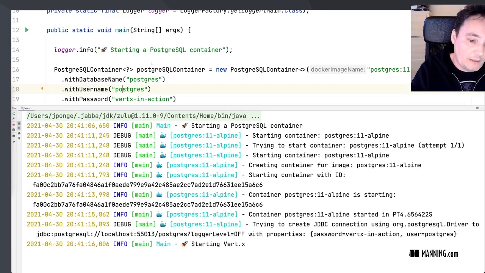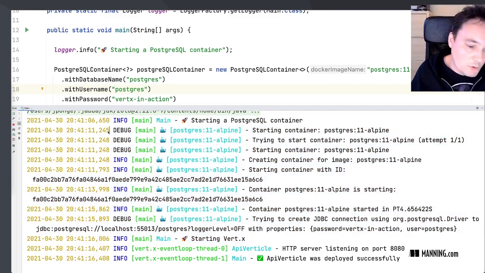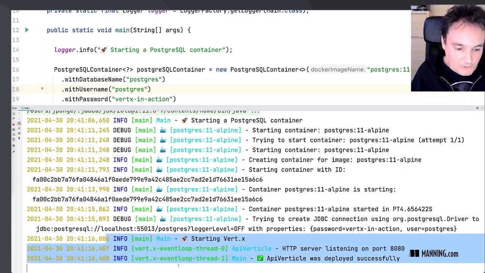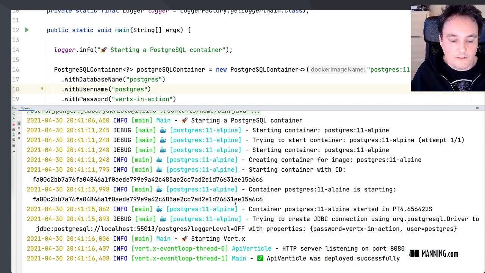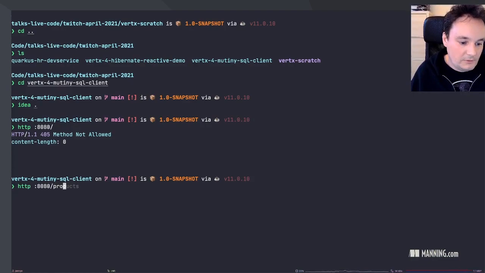In Quarkus, you have something very new, which is called Dev Services. You can see that most of the time was spent starting the container, and then Vert.x itself starts really, really fast. So if I show you this,